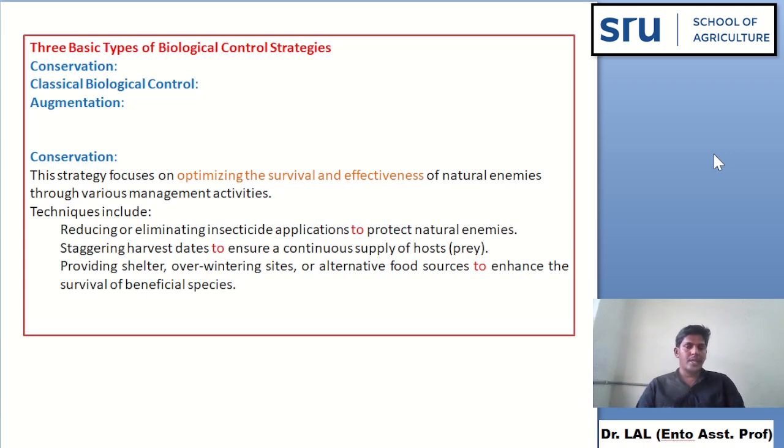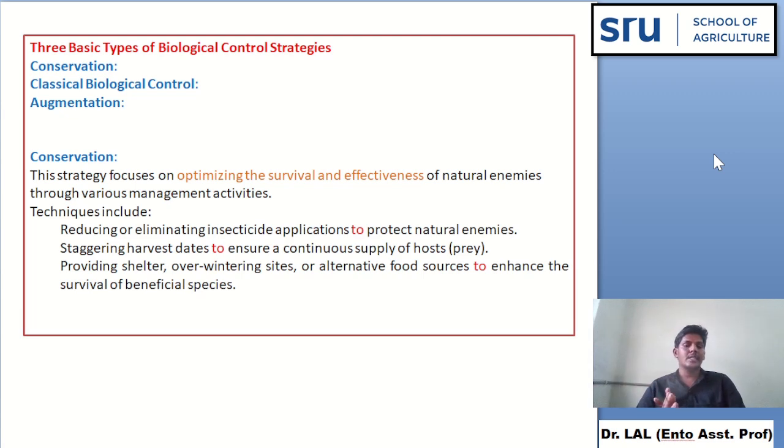Biological control strategies. There are three basic types of biological control strategies. That is, one, conservation; two, classical biological control; three, augmentation. Then what is conservation? This strategy focuses on conserving or optimizing the survival and effectiveness of natural enemies through various management activities like